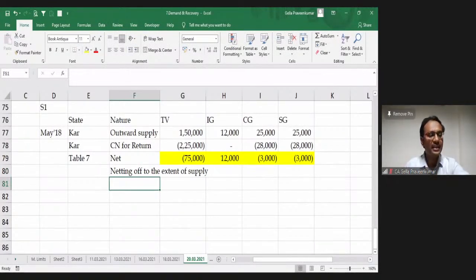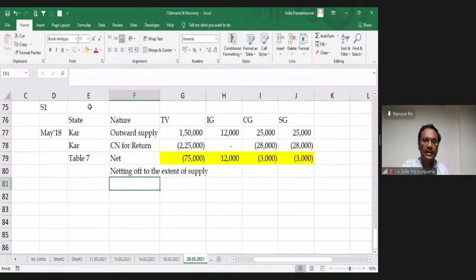Government portal, my GST common portal is very dynamic. Every day it is changing because of my trade requirements. Earlier they have not permitted, now they are permitting for negative value. Now here GSTR 3B, again I cannot show negative values. So the provision says to the extent you have your supply, net off, and the balance you carry forward for the next period where you have this particular supplies. So table number 7, when I talk, they say any debit note, credit note, both needs to be set off, and if it is negative to the extent of supply, show that particular value in your returns.